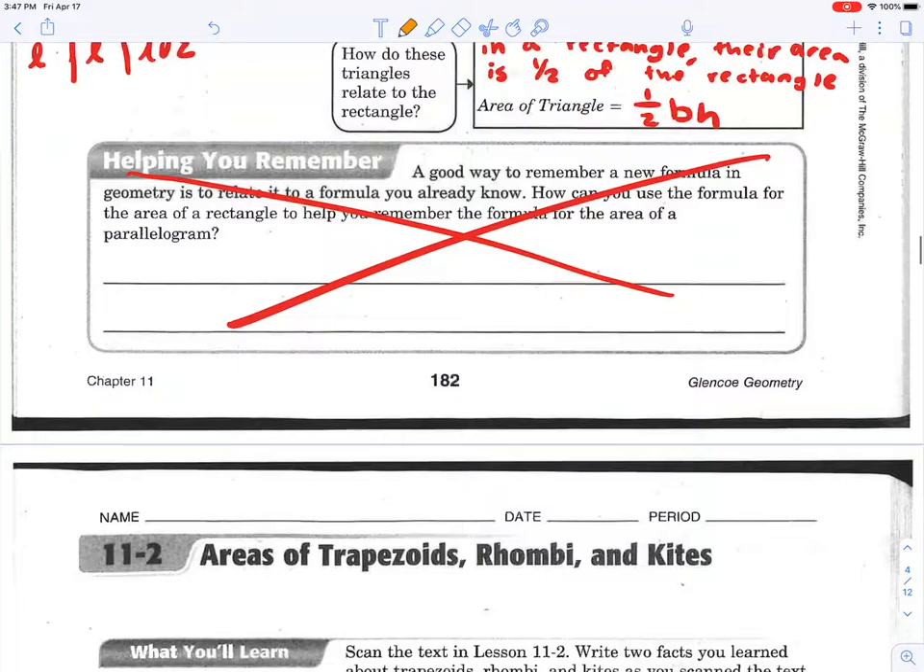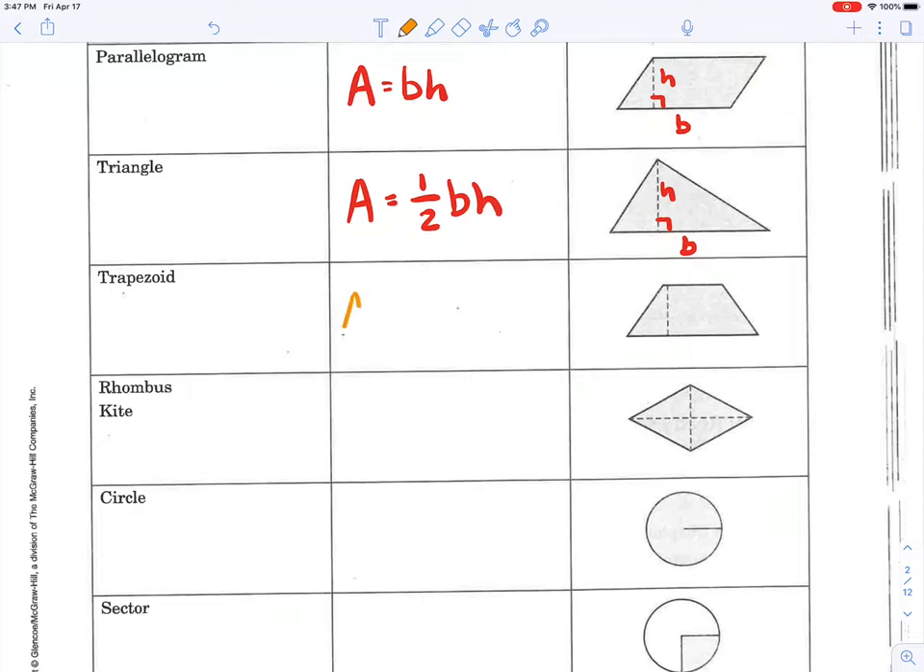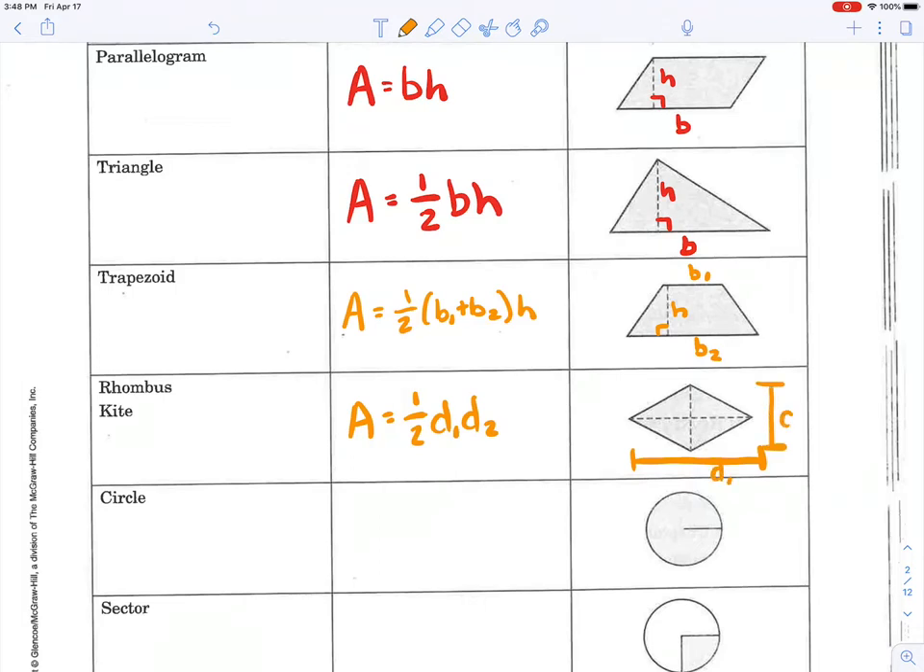And I'd like you to head back to your first page of notes so you can fill in your new formulas. So again, trapezoid, 1/2 base 1 plus base 2 times the height. Height is always our perpendicular distance, and the bases are always what connect or form that right angle with the height. Rhombus and a kite share the same formula, 1/2 diagonal 1 times diagonal 2, where this entire distance would be one diagonal, and this entire distance would be the other diagonal. So now you'll head over to work on the 11